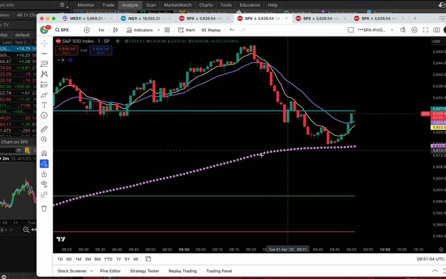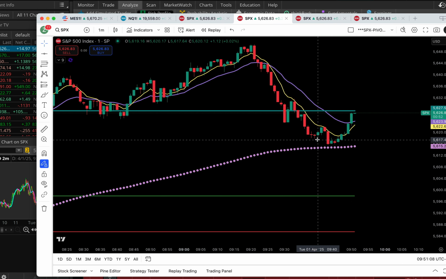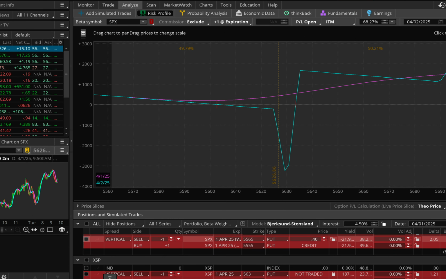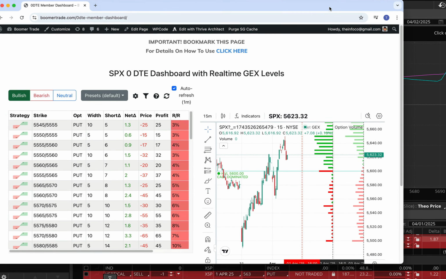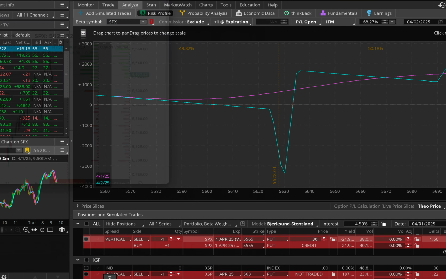Here's my chart. You can see we came down, we hit that 233, which acts like a magnet, and it's really reliable. It bounced off it, and we're heading back up. So at that point, when it hit that, what I looked to do was go over to Jerry's tool, and I just come over here, and I click on bullish, because what I'm looking to do is sell